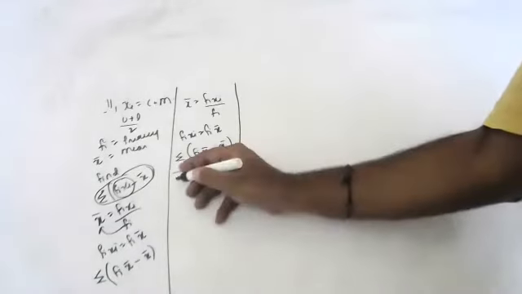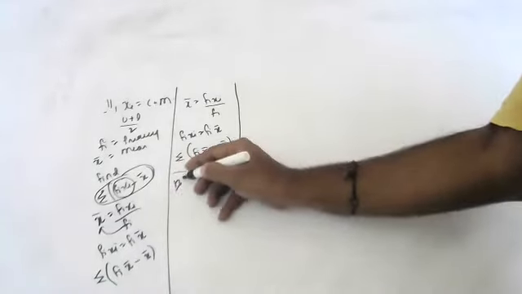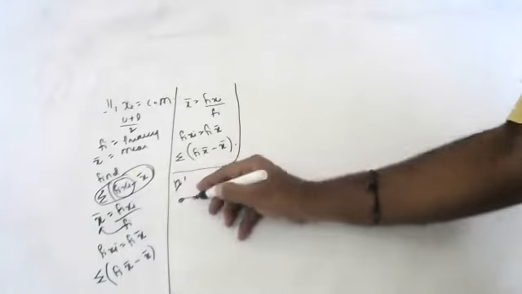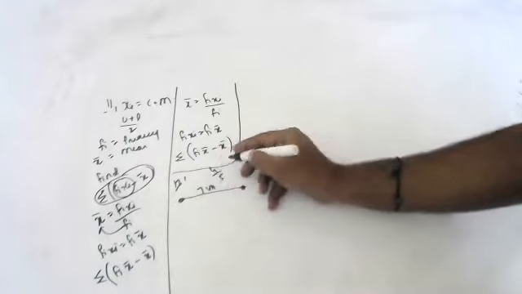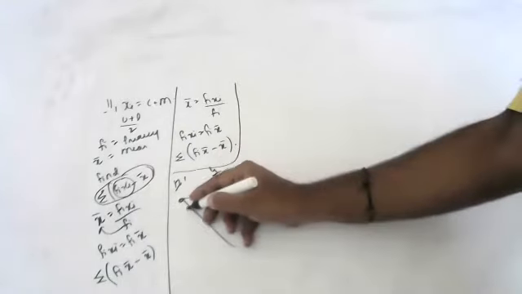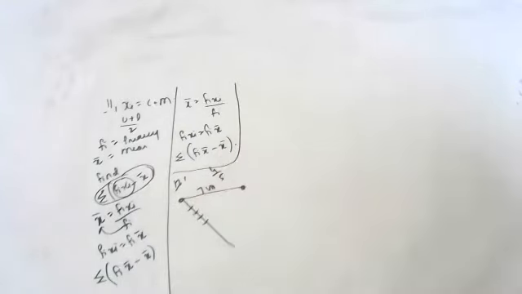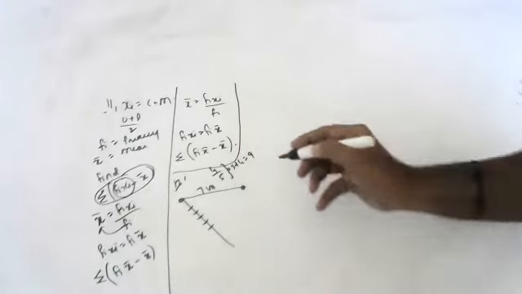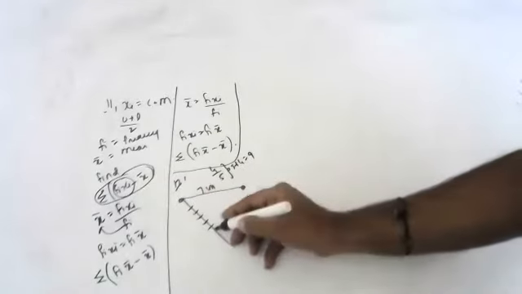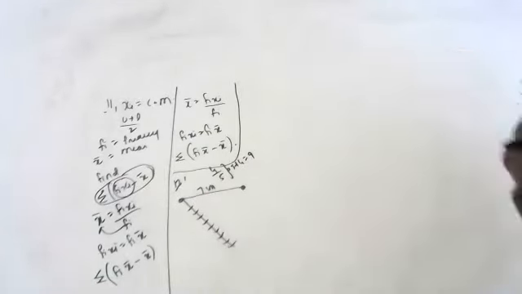Okay, sir. So, children, please see here. There is a line segment of 7 centimeters. We have to divide it in 4:5 ratio. If you draw an acute angle, into how many parts will we divide this line, children? Nine. 5 plus 4, 9 parts we will divide. 1, 2, 3, 4, 5, 6, 7, 8, 9 parts.